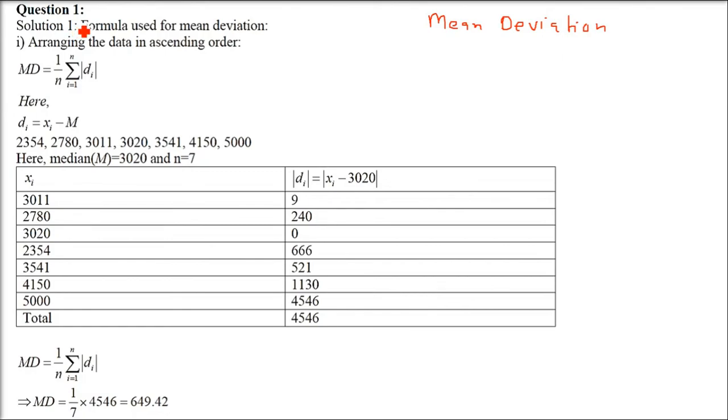So this first question is having 5 subparts. The first part we'll do properly, and the last one is from NCERT. As I'm saying, mean deviation can be computed around mean and also around median. So in order to find mean deviation around the mean or median, first we have to find the mean or median. The first question is saying that we have to find mean deviation about the median.